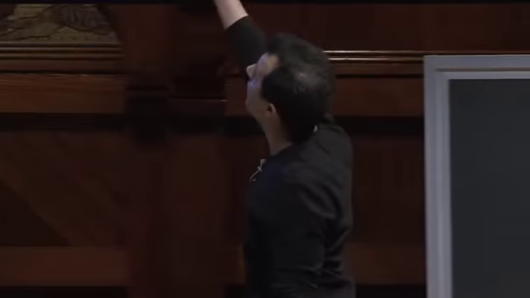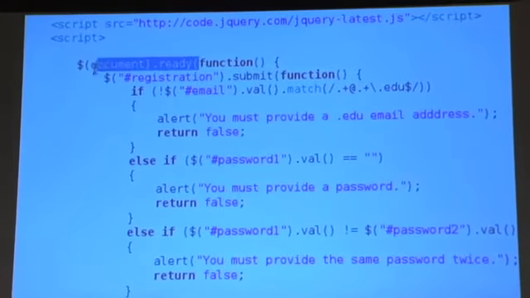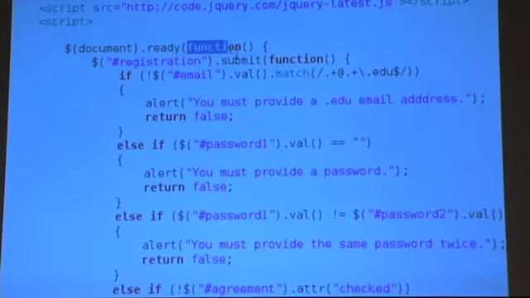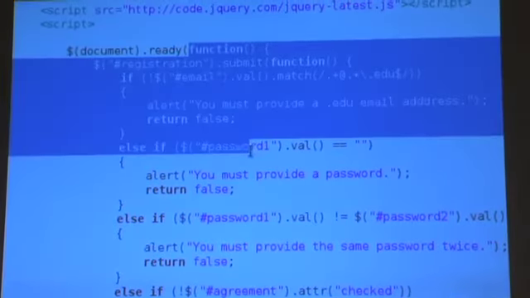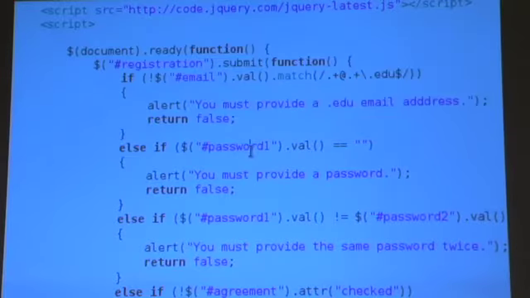So by creating this anonymous function, I am handing to the ready function an argument that's only going to be executed when the DOM is ready to do so. If I didn't wrap it in this function, just like in C and PHP, if I just start writing lines of code, they would all be executed right away. And that's bad, potentially. Again, I want my whole DOM loaded into memory. So for now, even if that's a little unclear, just take on faith that this means when the DOM is ready, go ahead and call this code. That doesn't need a name because I'm only going to call it once. I don't need to call it again and again.